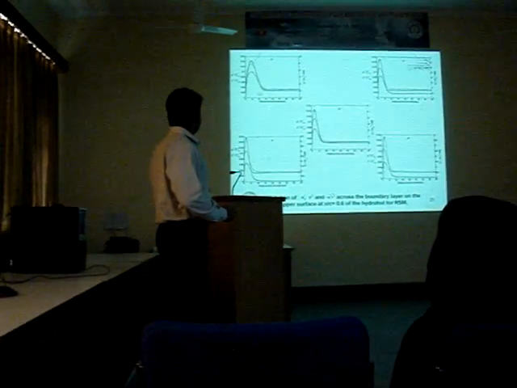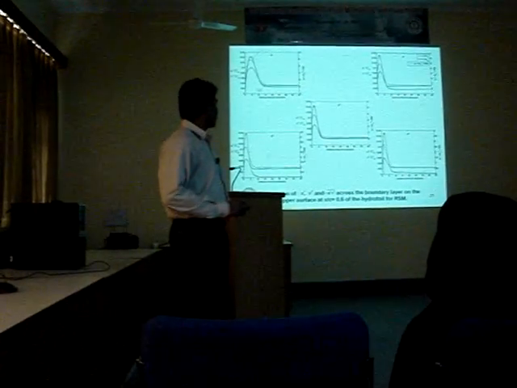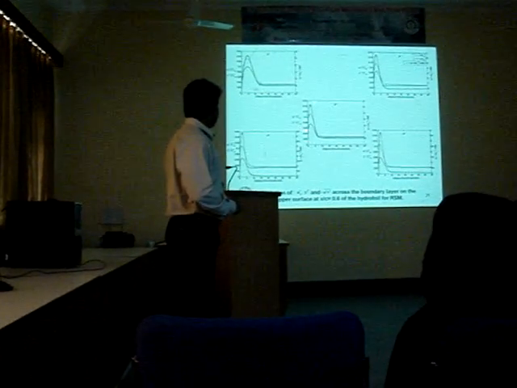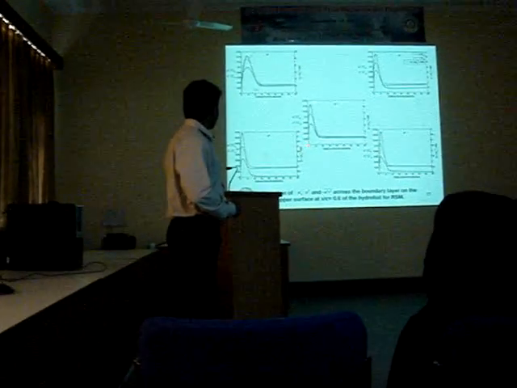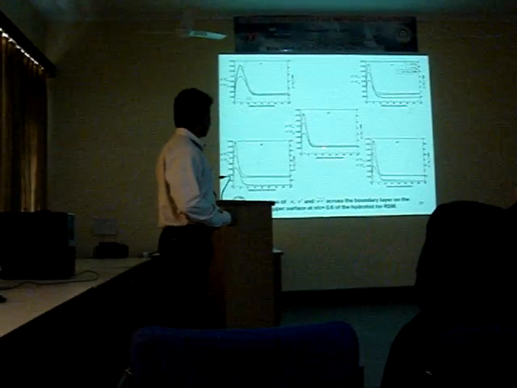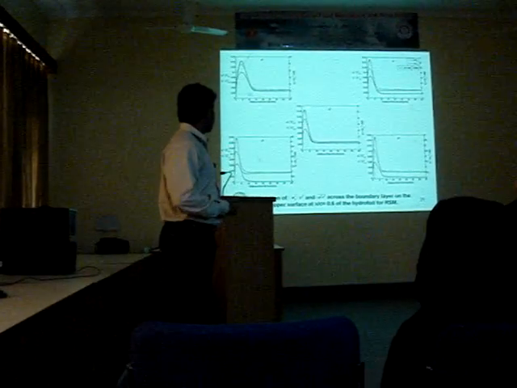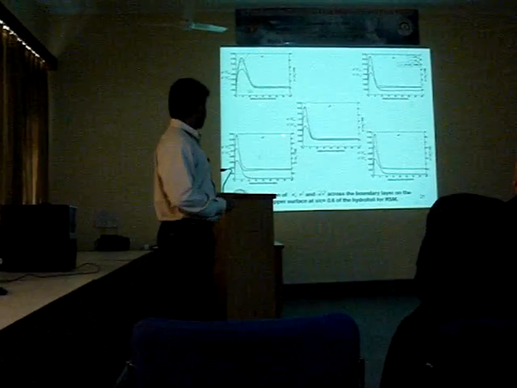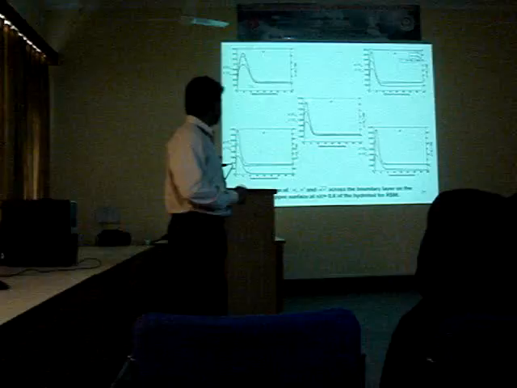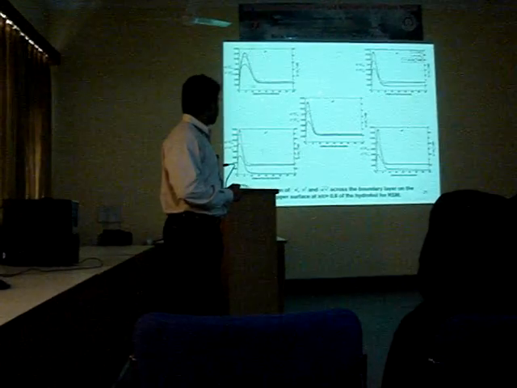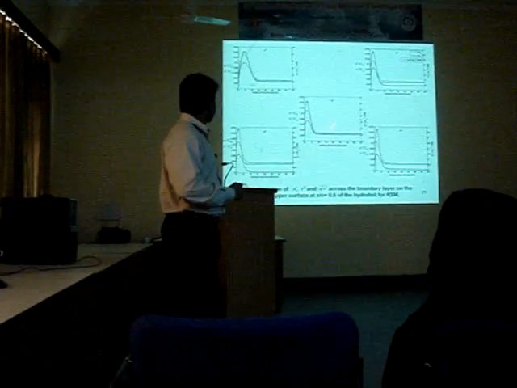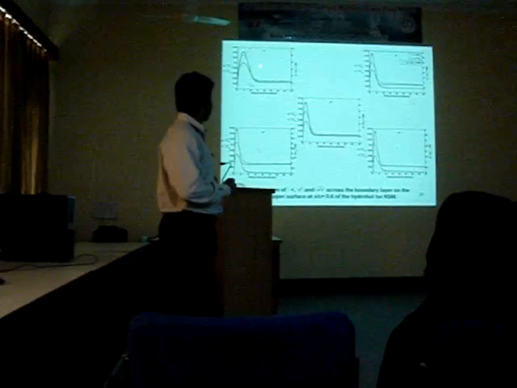This is the variation of U prime, V prime, and Reynolds stress at different angles of attack. You can see that U prime, V prime, and the Reynolds stress are 0 at the wall, increase to some value, and then reduce to the free stream condition as we move away from the surface of the wall. This is because the turbulence kinetic energy production is more in this location, and also there is the presence of vortex in this boundary layer. Because of this, there is a peak in this location. More or less at all angles of attack, this peak and the location of maximum peak are mostly the same except at the 6 degree angle of attack.